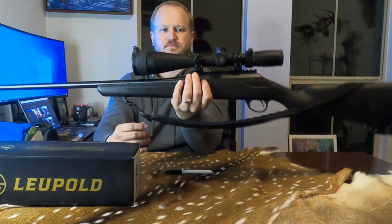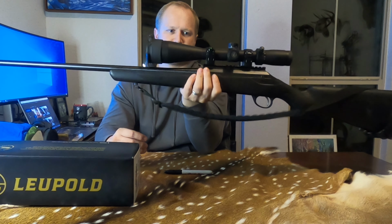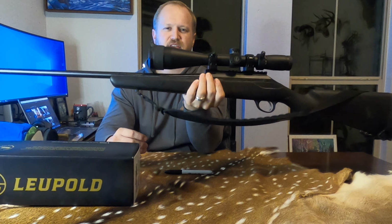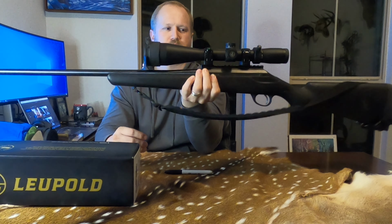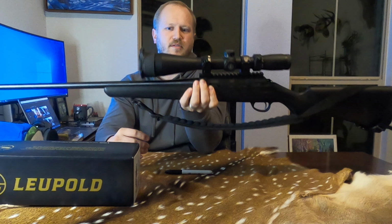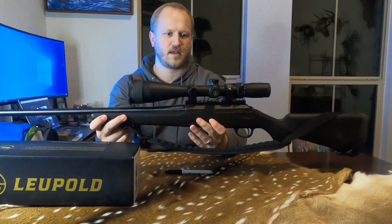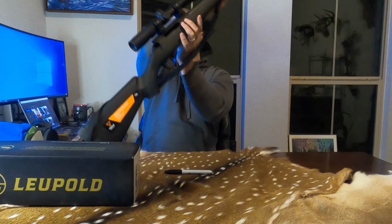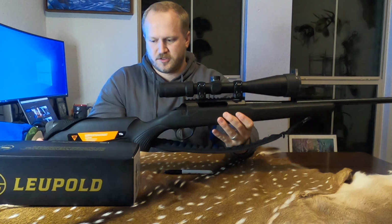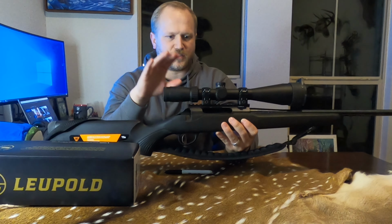I would say it probably weighs 7-ish pounds. Kind of right around that area. Not super heavy. Obviously it's unloaded, so there's not the ammo weight in there, but the scope itself,